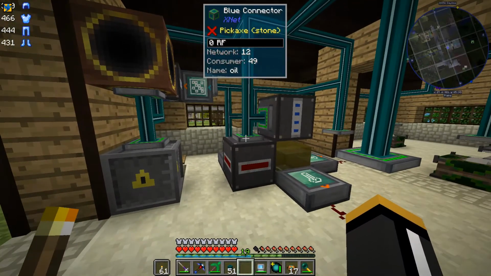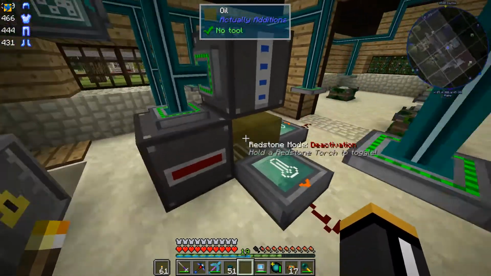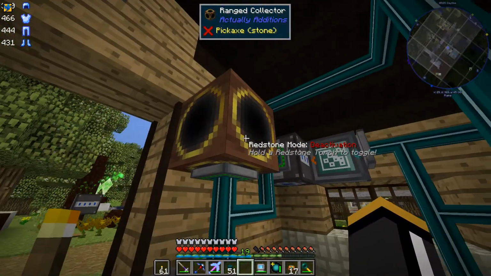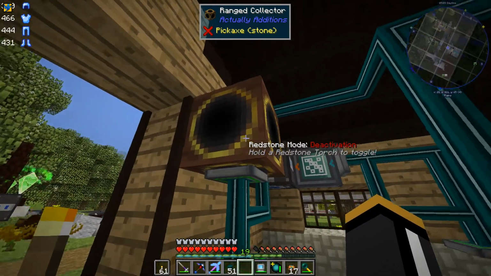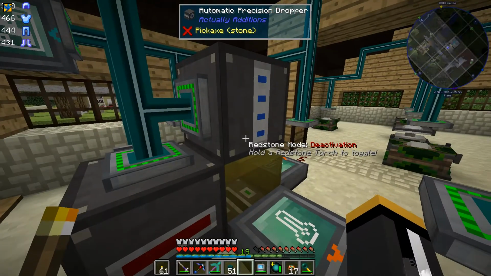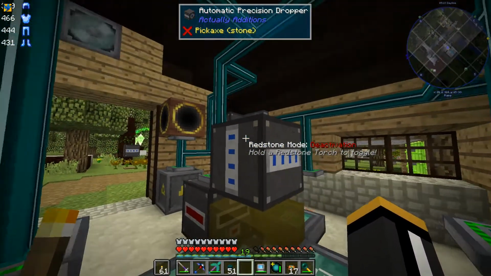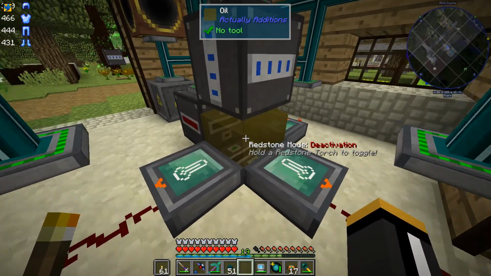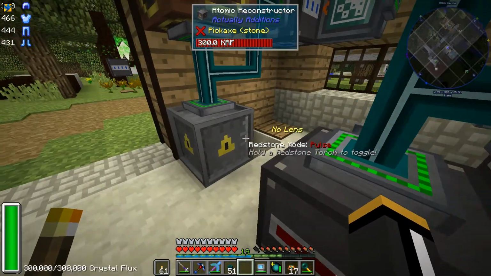So here's how this system is going to work when I'm all done with it. Our system is going to look at what's in this block space. If there's oil in this block space, it's going to grab a crystallized canola seed from the ranged collector, and it's going to drop it through this precision dropper. Or it's basically just going to place it in the precision dropper. The precision dropper is in deactivation mode, so it'll just drop whatever it has. That will, of course, turn this into crystallized oil. Oh, and the crystallized canola seeds